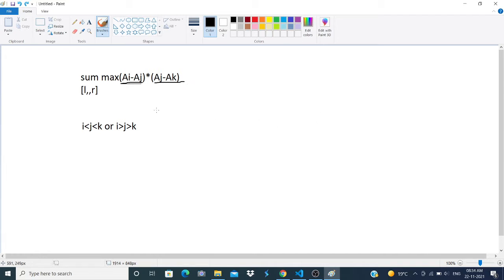So what I mean is basically, ai minus aj into aj minus ak. aj must be in the middle, ak should be to the left of it, and ai should be to the right of it. So this is what I mean.